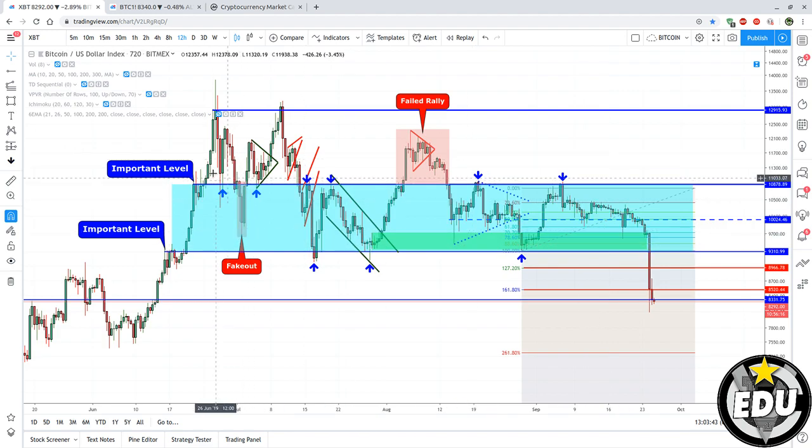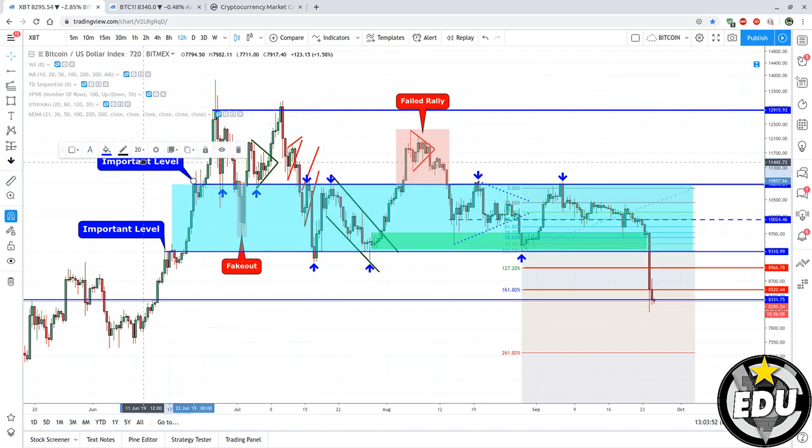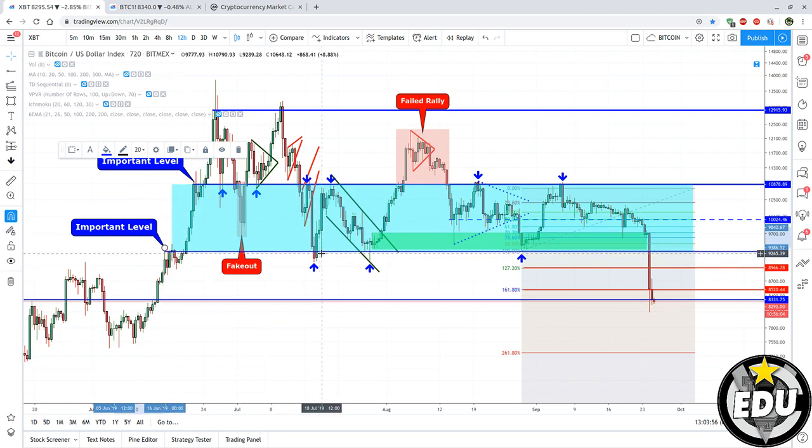Now, don't count those massive fake outs, boom, boom, but look at the blue arrows. Look how many touches this important level had, and also this important level of support. 1, 2, 3 touches against 1, 2, 3, 4, 5, 6 touches. It was ranging hard. In the big picture, of course, we were shaping also